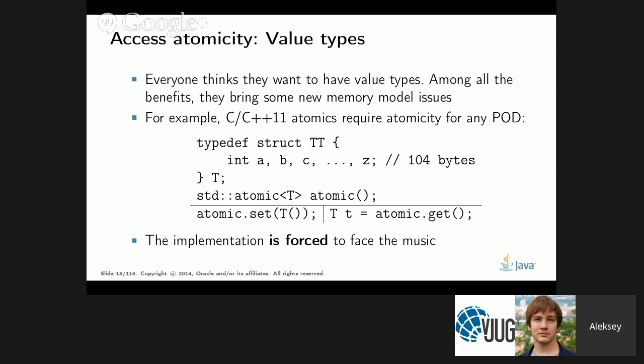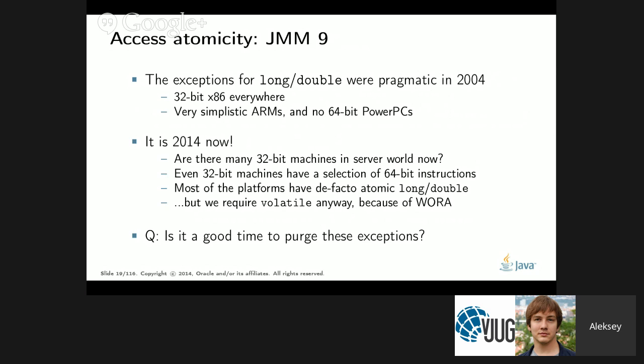Thank God it's not an issue for Java, because we compile just in time. So in JMM 9, which is called 9 because it is targeted at Java 9, although I'm not sure it will be there,